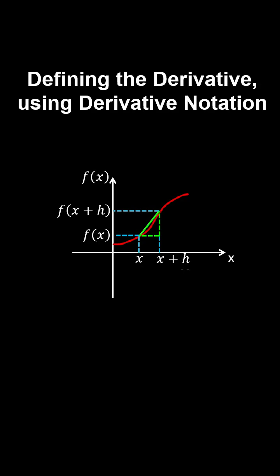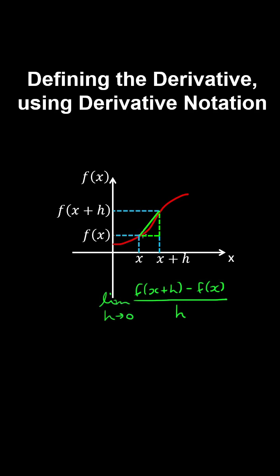Let's do a more formal definition of the derivative. So what we do first is take the average rate of change between 2 points, or the slope of the secant line. So that will be the rise on the run, which is x plus h minus x. And then if we take the limit as h approaches 0, we obtain the slope of the tangent to the